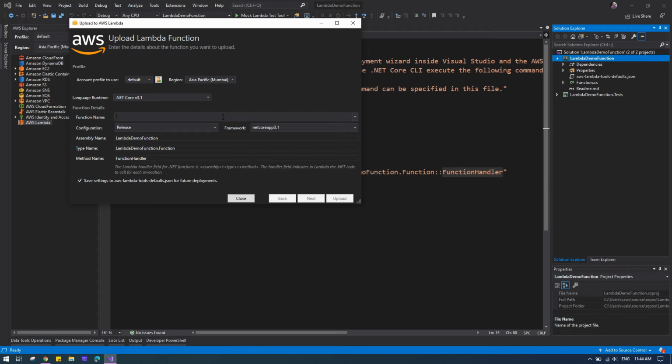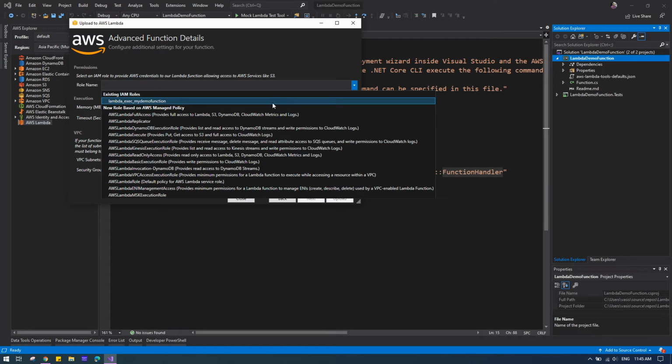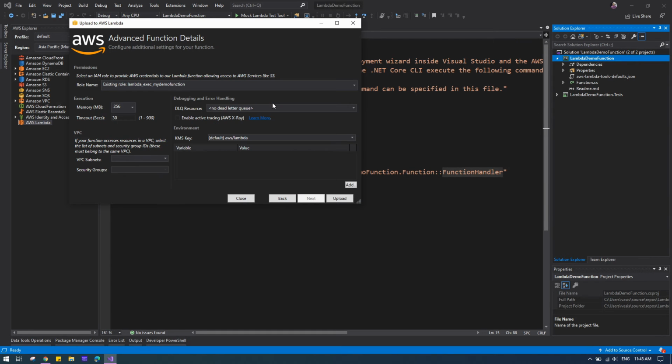I gave my demo function. I'm not going to change anything here, just confirming that I am using the default profile and the Mumbai region, because it is a nearby region for me. In the next screen I need to provide some roles. Since I already have a role, I'm choosing that one. We will see that in future.